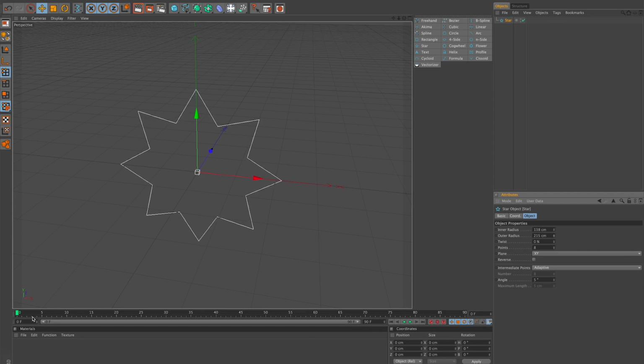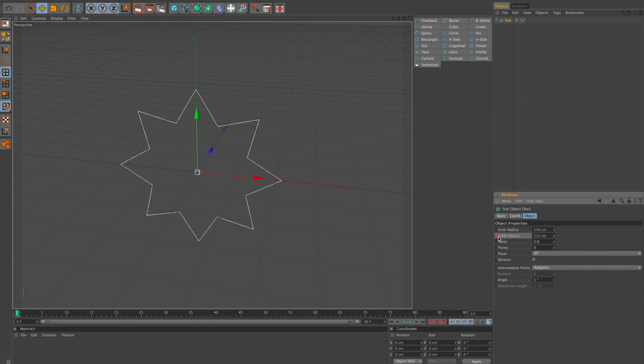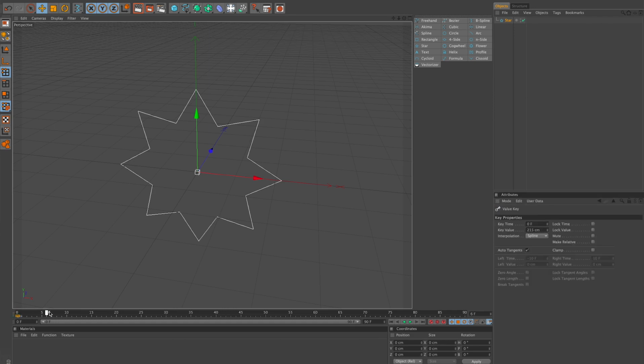You can see the timeline here. On 0 you have the circle at this radius, and if I right click on it, animation, say add keyframe, you can see it's already circle. Or you can always click on this red key right here. It stands for keyframe, and for you to know you already have a keyframe somewhere, you will see this right here. So now let us go to say frame 40,